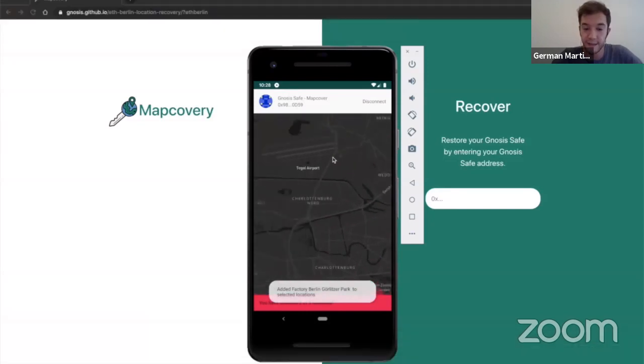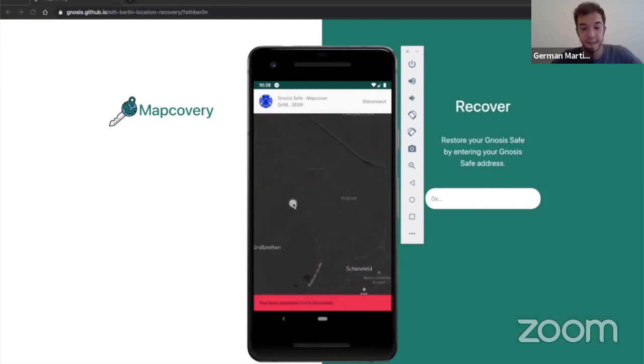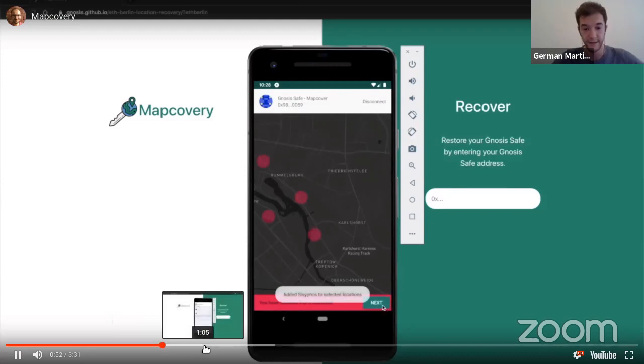Okay, so with these 5 locations, we are gonna get the geohashes, concatenate them, and use them as a private key to sign something that we are going to send to the smart contract. And after that,